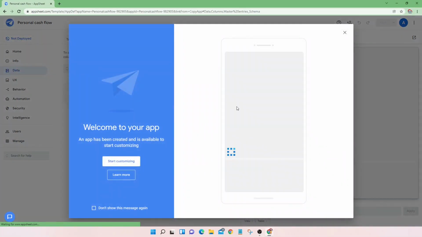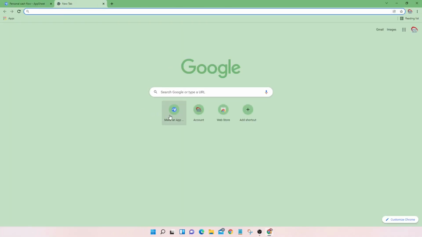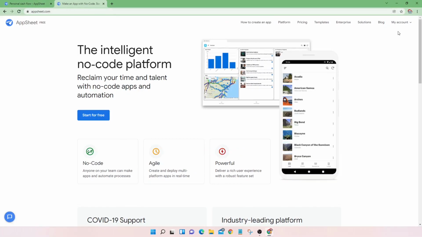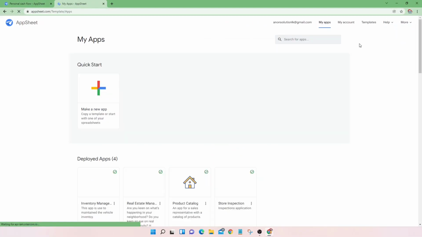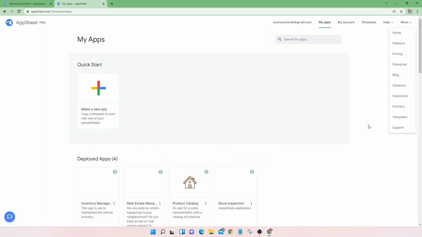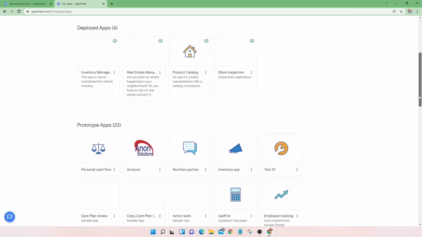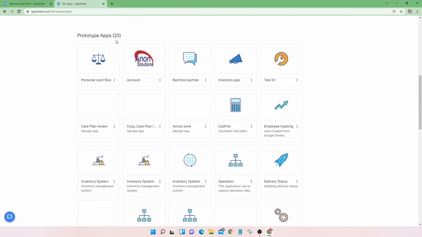Now my app has been copied. I will show it in my app account. Once you go to the My App section, you can see the count is now 23. Previously it was 21. Now it is copied to 23. This is my application. Once you click the application,